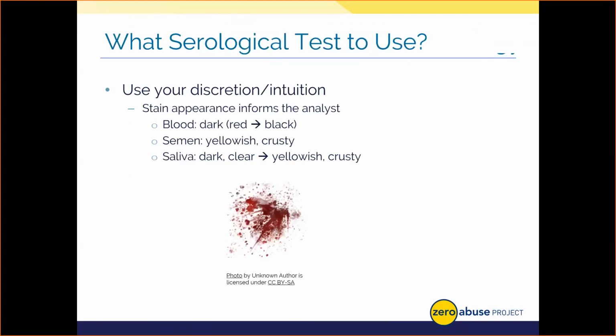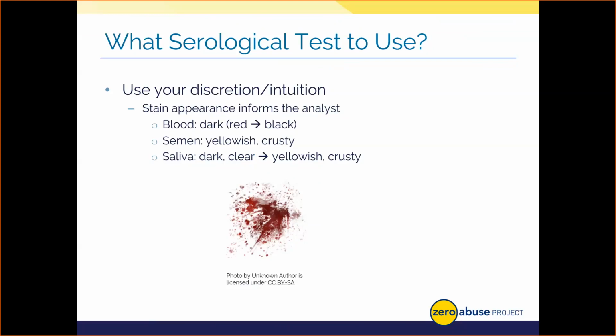At this point in the lab, I should have examined a given item extensively through visual observation, and as a result, I should have stains identified if they're present. Based on the physical appearance or ALS-based evaluation of a given stain, I'll proceed with the most logical test for that item, serologically speaking. In terms of unaided or non-ALS visualization, I'll have a good idea of what body fluid might be present just based on its physical appearance. For example, blood is typically dark red to brown or black. If I see that stain, I'm going to use my intuitive process to then take that stain and analyze it using blood-based serological testing measures.